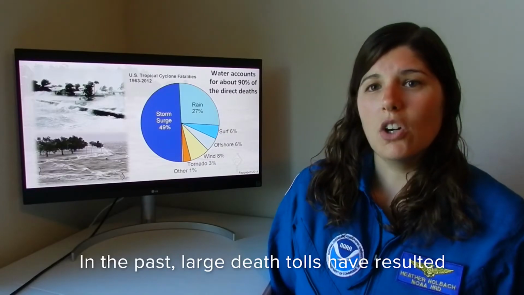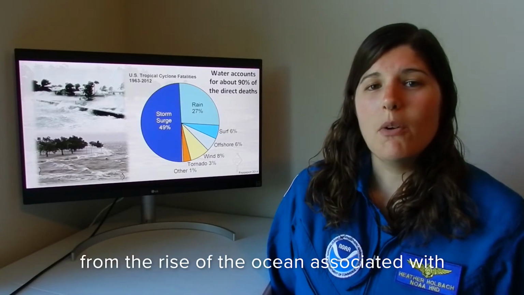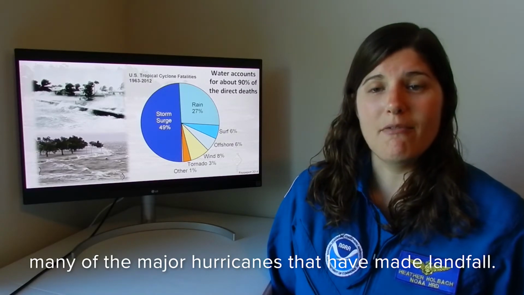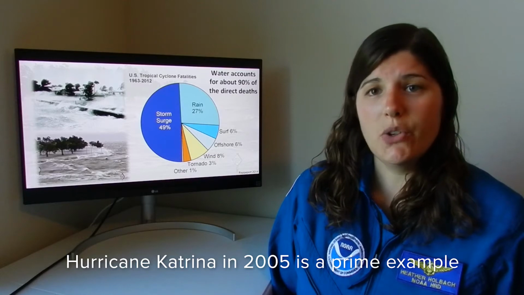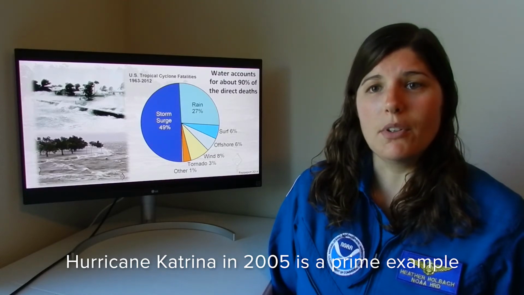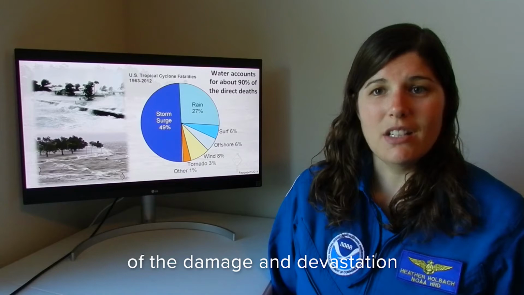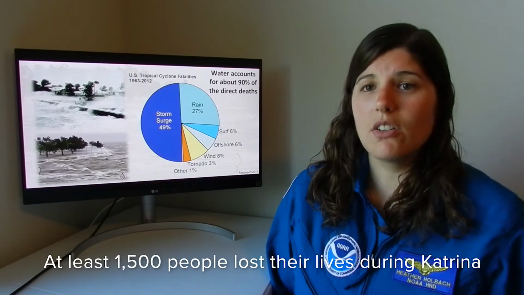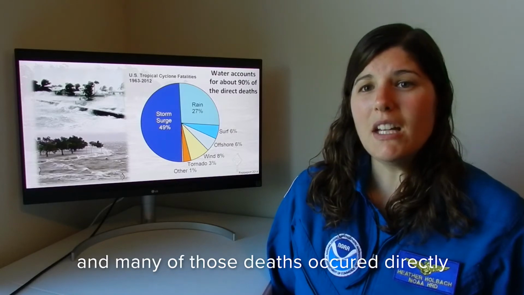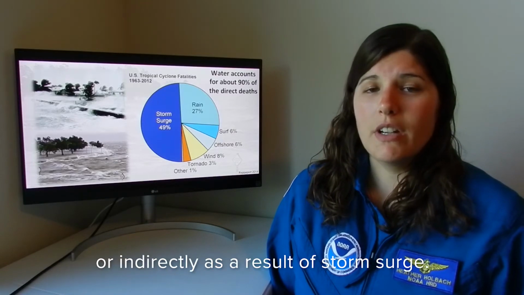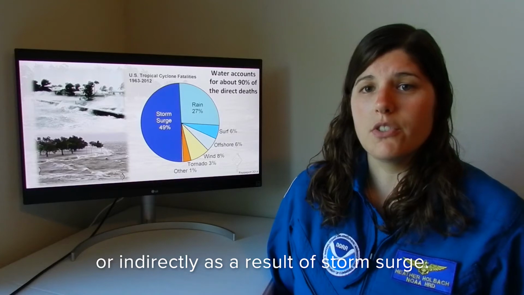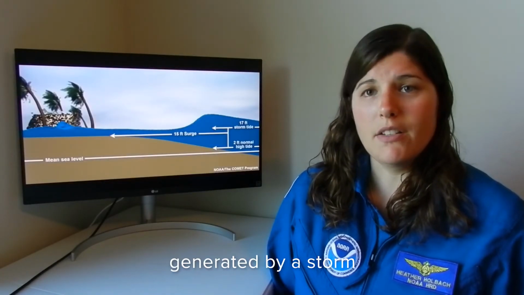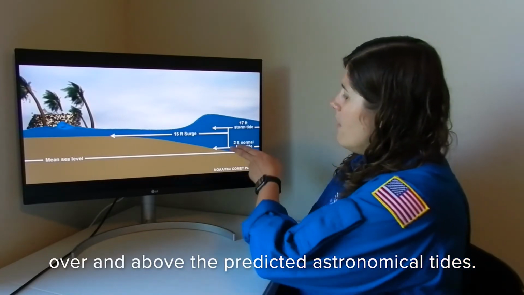In the past, large death tolls have resulted from the rise of the ocean associated with many of the major hurricanes that have made landfall. Hurricane Katrina in 2005 is a prime example of the damage and devastation that can be caused by storm surge. At least 1,500 people lost their lives during Katrina, and many of those deaths occurred directly or indirectly as a result of storm surge. Storm surge is an abnormal rise of water generated by a storm over and above the